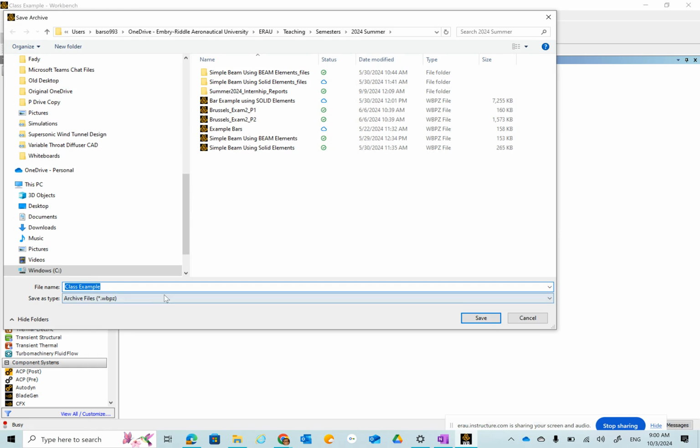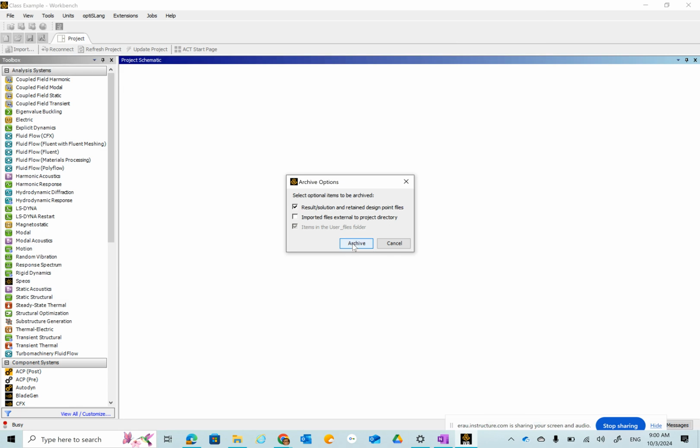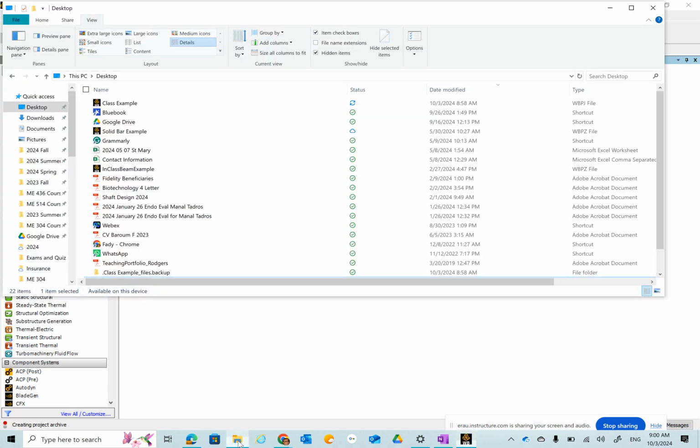And I'm going to leave the name as class example. And if you look carefully here, the file type is going to save an archive file. It's going to have an extension WBPZ for Workbench archived file or zipped file. So if I save this archive and go check my directory,